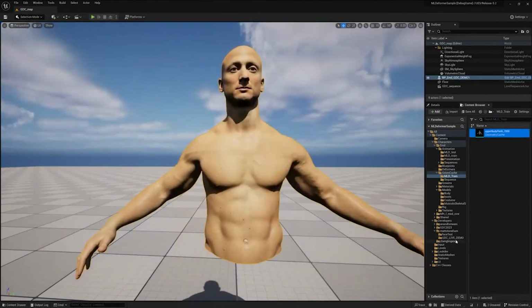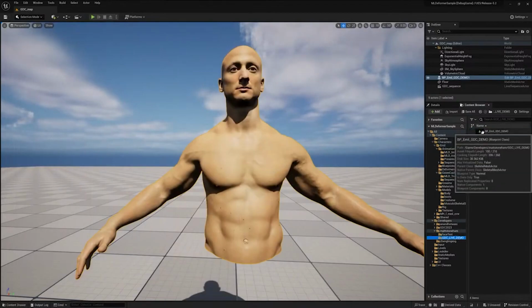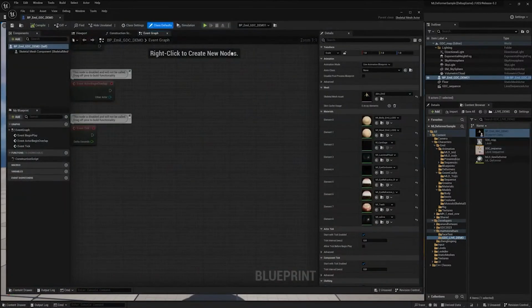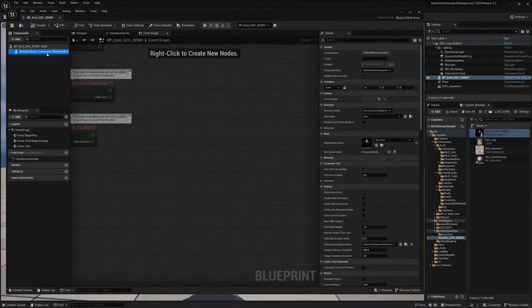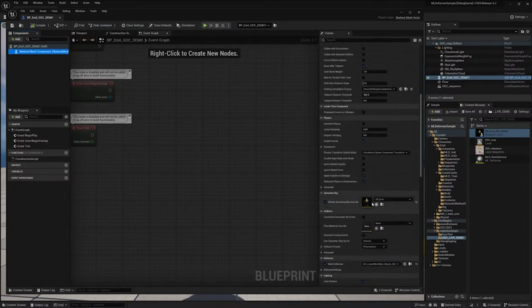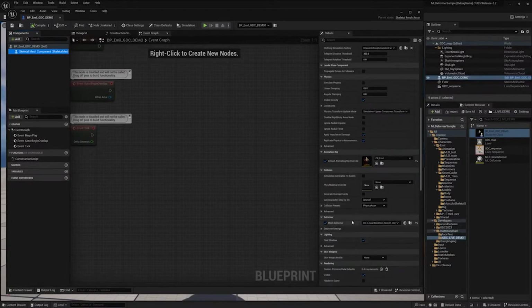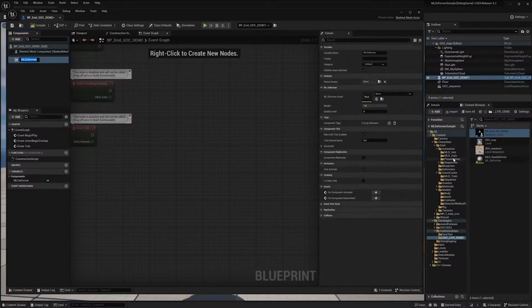All right, the next step is to set up a blueprint for this. I have a partially set up skeletal mesh actor blueprint. I've assigned my skeletal mesh to the component. Down here, I've assigned the control rig and our deformer. Adding an ML deformer to this is super easy. All we have to do is add an ML deformer component and then find our ML deformer asset